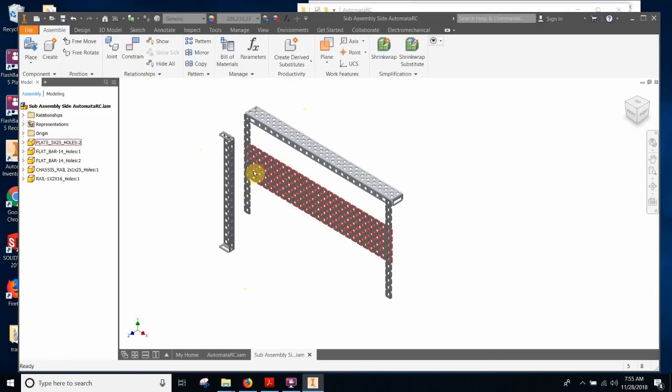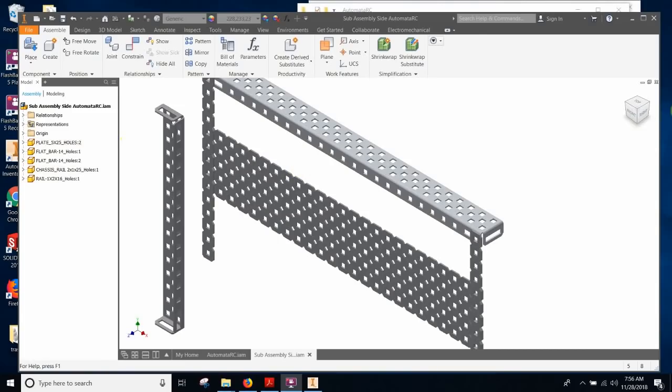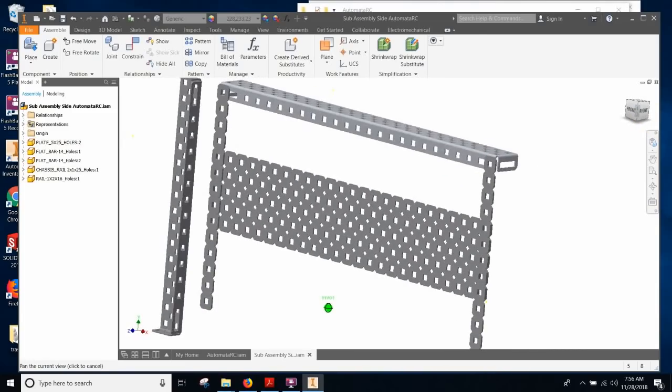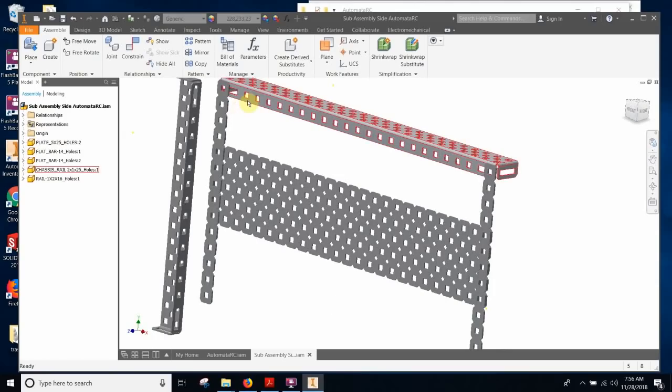Looking at the drawing, let me pause the video here and find the dimensions, but you can find the dimensions on your drawing. All right, looking at the drawing, looks like it's 10 holes this way is the first hole. That's 3 holes down. All right, so I'm going to go a little bit closer, and I'm going to do the same stuff I did before, which is flush and mate. So I'm going to do